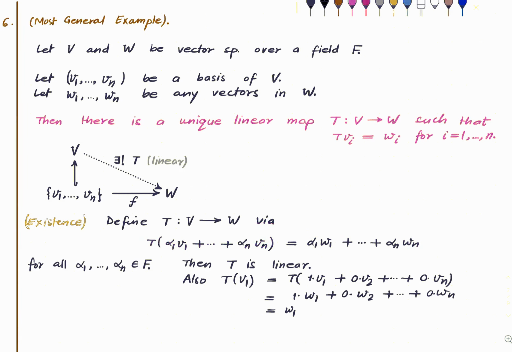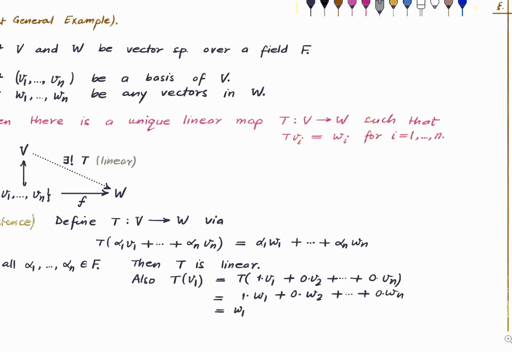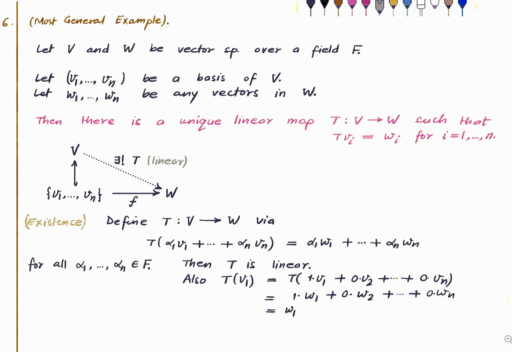Because, again, this is something that perhaps I should have said, but if you have a linear map, maybe I'll make a box here. If T is linear, I'm saying something very general, then